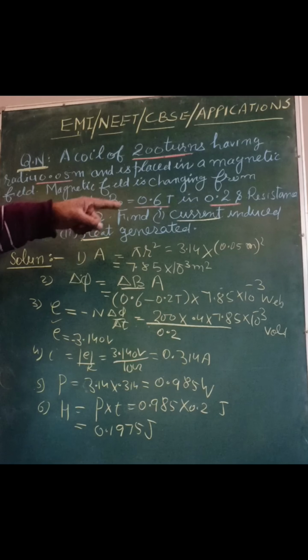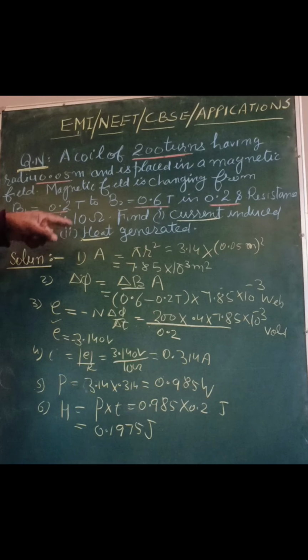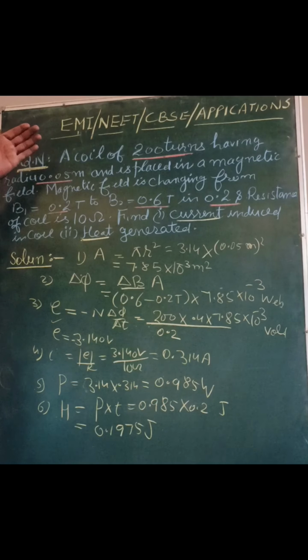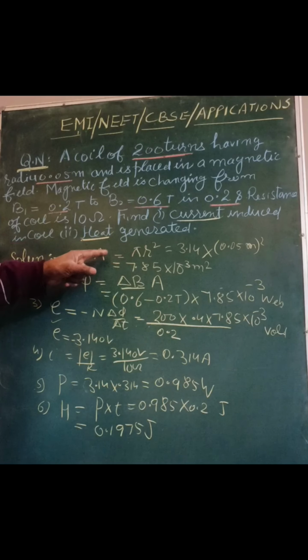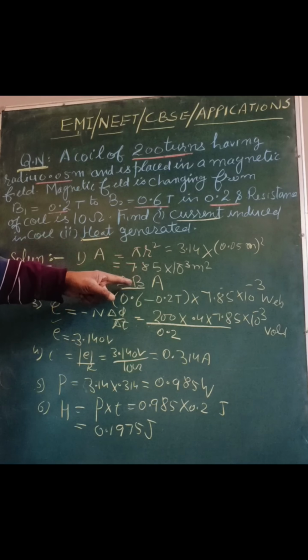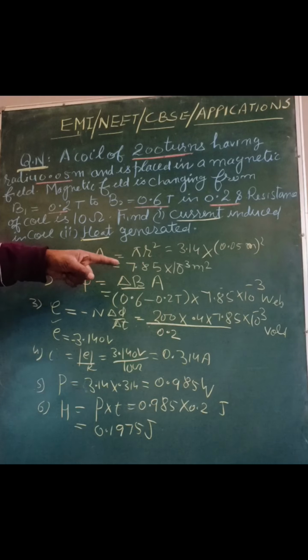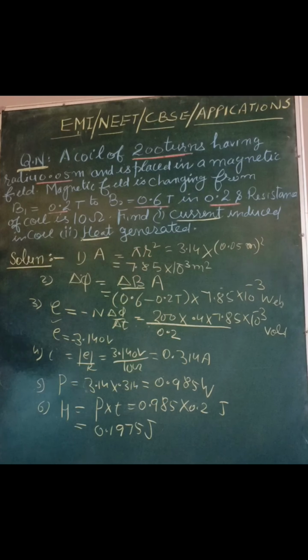We have to find the current induced in the coil and the heat generated. It is a very important question. देखिएगा, इसमें डायरेक्टली आप सबसे पहले क्या लिखेंगे, the quantities which are given. R is given, we will calculate the area that will come out to be 7.85 × 10^-3 meter square. Then, because इसमें मैग्नेटिक फील्ड चेंज हो रही है, so we will write down